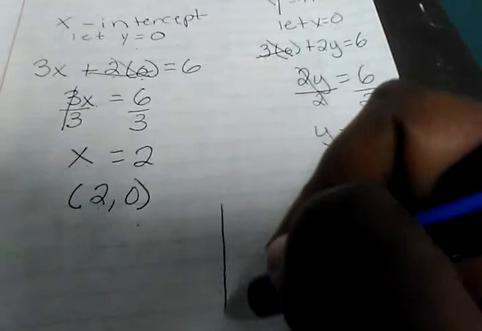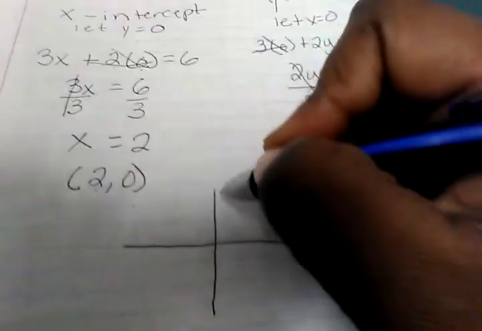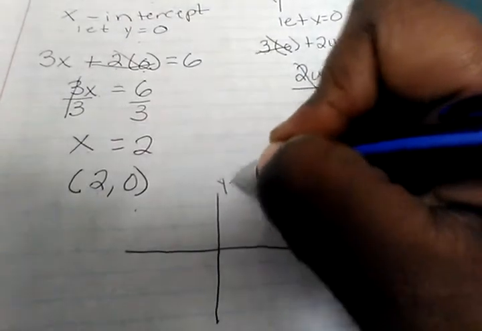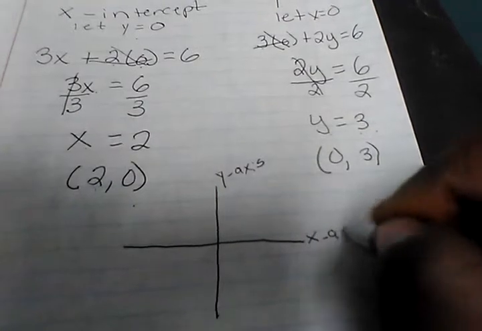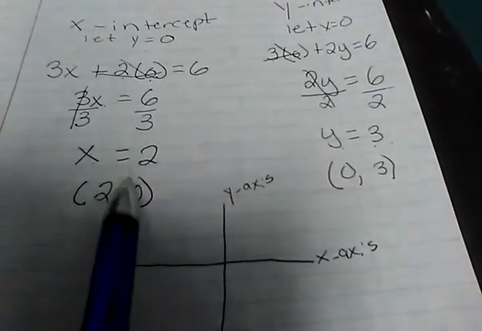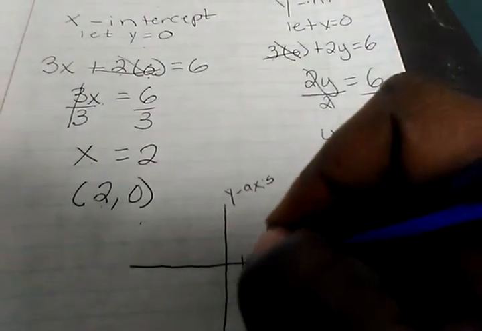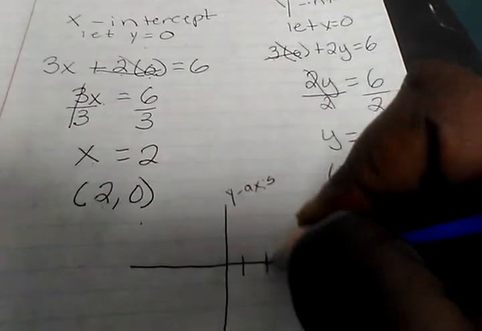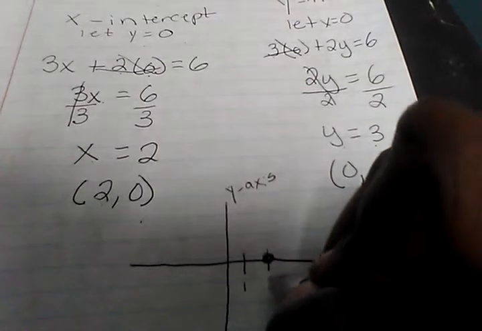Now I'm just going to fake graph it for you. What I mean by fake graph is that it's not accurate at all, not drawn to any scale. Now on a graph, we know that this is our y-axis, and that this is our x-axis. So according to our x-intercept, this is going to be on 2. So we would go over to 2, that's 1, that's 2. We would literally put the dot on the axis. Again, that was 1 and that was 2, and our dot goes on the axis for the x-intercept.